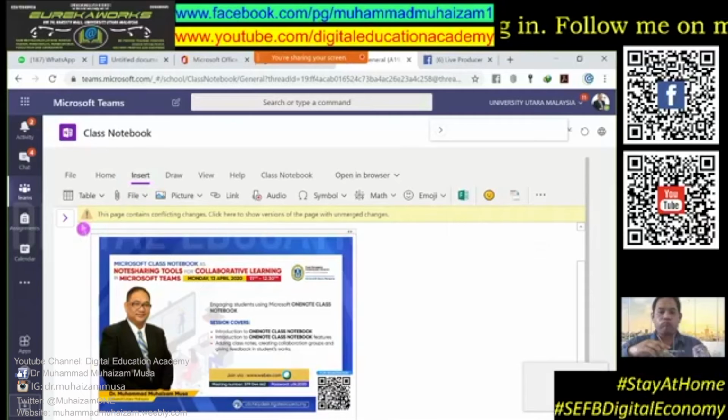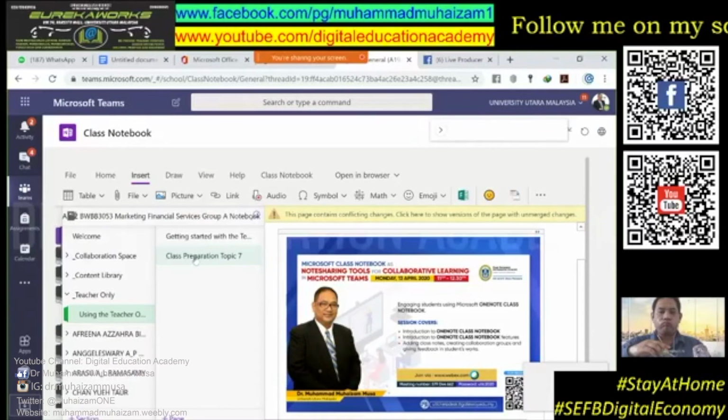So any content that you want to insert, you can start to prepare and insert. Okay. Now, the next point, after you finish this, let's say, for example, you want to share with your students, okay, maybe you want to prepare the question or activity, right? The part where it's important is you want to share with your students folder, because you want them to work inside. Because if you don't click share, students will not see your content in the teacher only section. So how to do this? Okay, you click here,